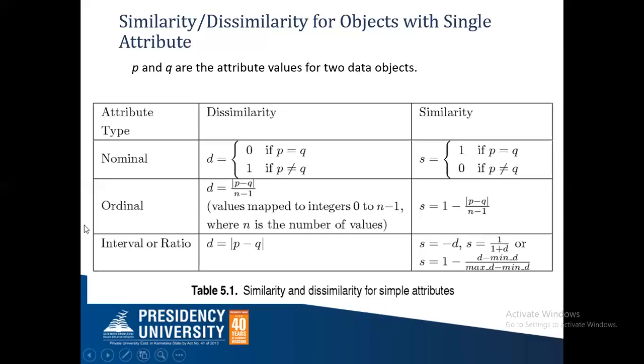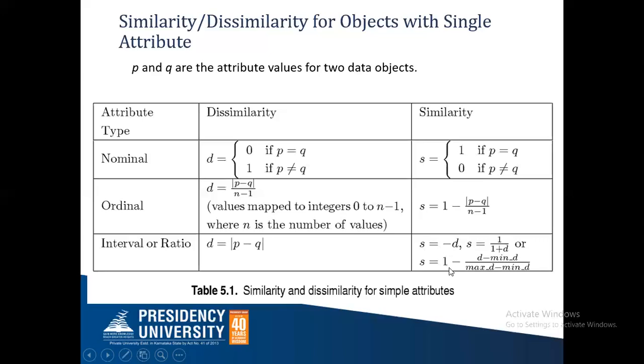Next type of attributes we have are the interval or the ratio attributes. Here, for these type of attributes, wherein we'll have a range of numbers in the data set, we will calculate the dissimilarity measure D as D is equal to mod of P minus Q. And the similarity measure varies depending on the application. So it may be minus D, right? So S is equal to minus D, or S is calculated as 1 by 1 plus D, or S will